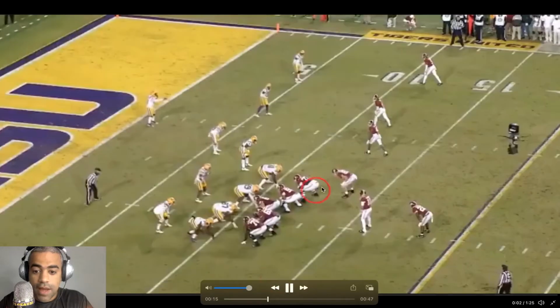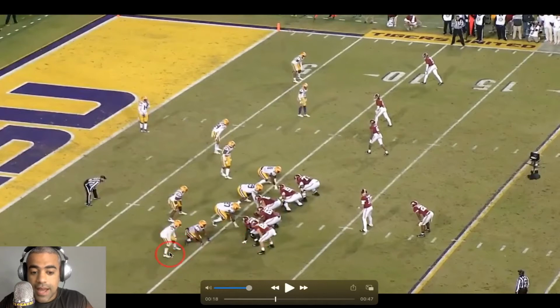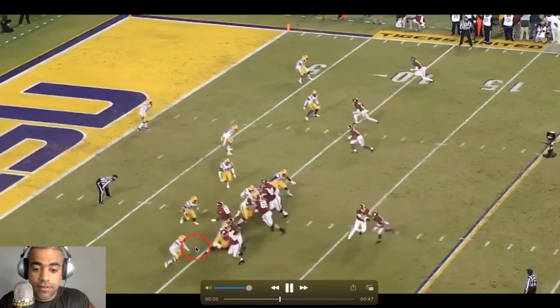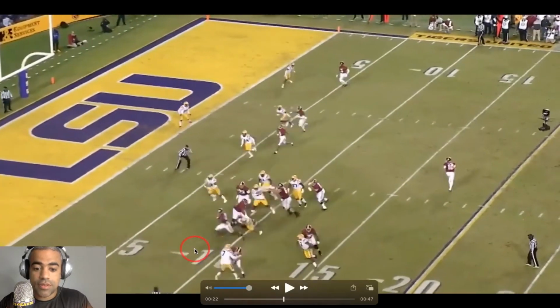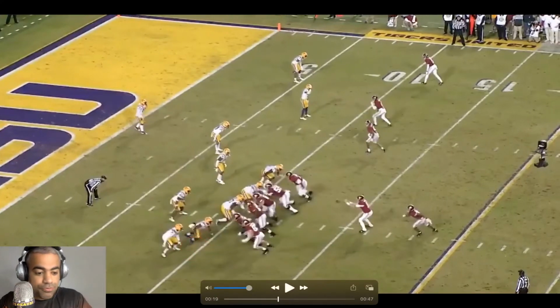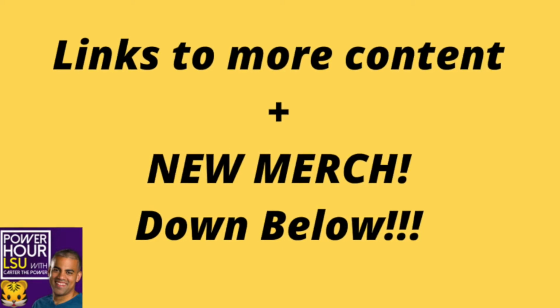So it started off, obviously, with Miller Forstall to the right side of the formation. He comes to the left side, and Jacoby Stevens gets on this edge. And in just a second, I'm going to show you why I would prefer Jacoby Stevens to actually just stay right here. So we're a little flat-footed to start right here. But what we're going to do is we're going to go ahead and run this, and this is really the